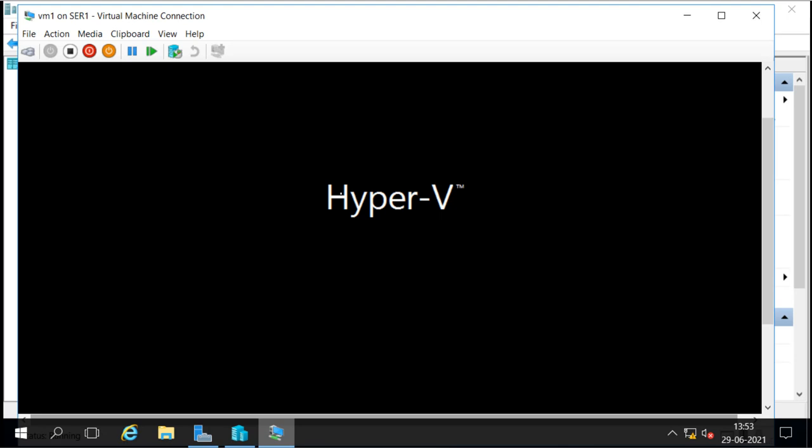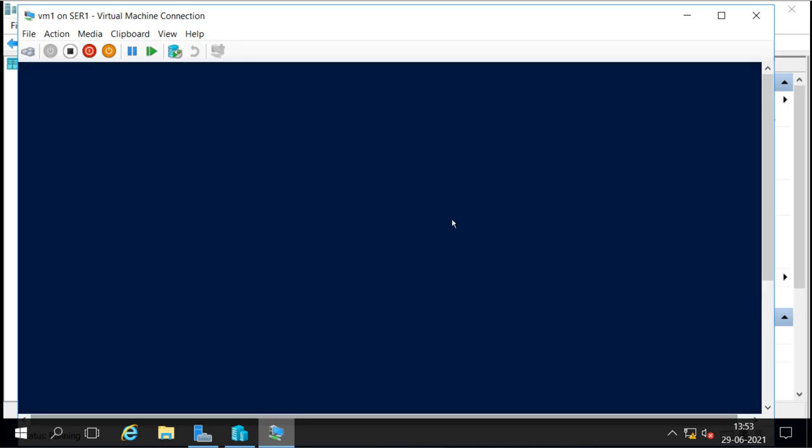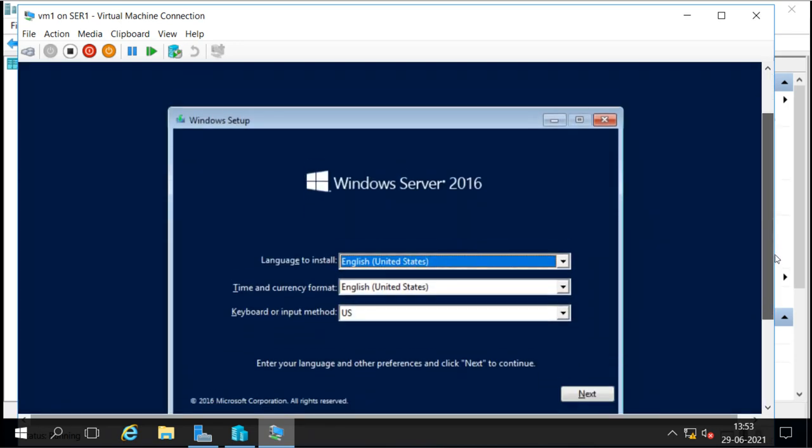Now it has detected the DVD, and it says press any key to boot from DVD, and I have pressed the enter key, and now it is starting the installation.